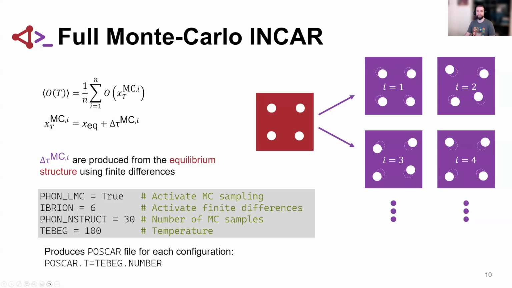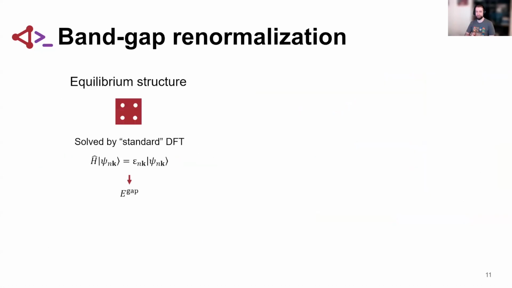And then you need to specify how many samples you want from this phonon space, essentially. And in this case, it's 30 samples. So you will get 30 different POSCAR files. And you can also specify a temperature at which this distribution is created. The output will look like this. There will be a POSCAR.t where you have the temperature that you specify and then a number for what kind of sample this is. You run VASP for all of these different POSCARs,